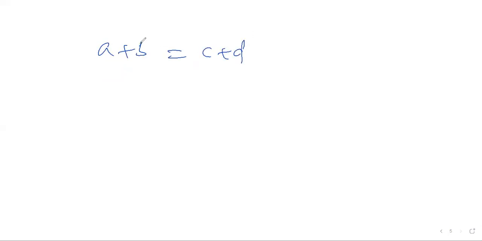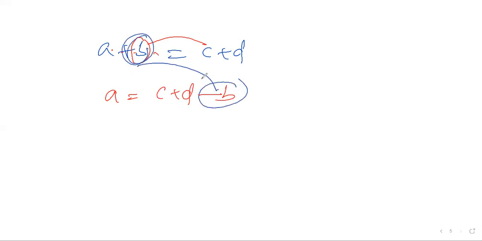If you wanted to send b to the right side, this is a plus b. The b is adding to this. If it's adding, then if you go to that side, the b value is going to be subtracted, minus b. Some number is adding to this; if you go to that side, it should be subtracted.